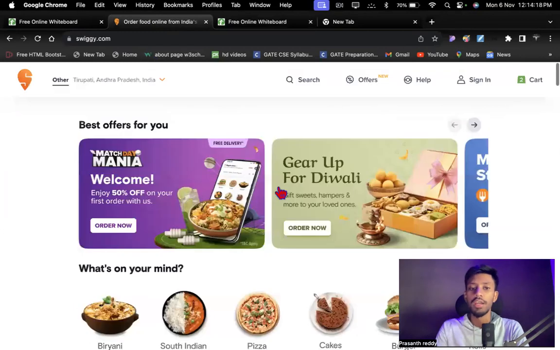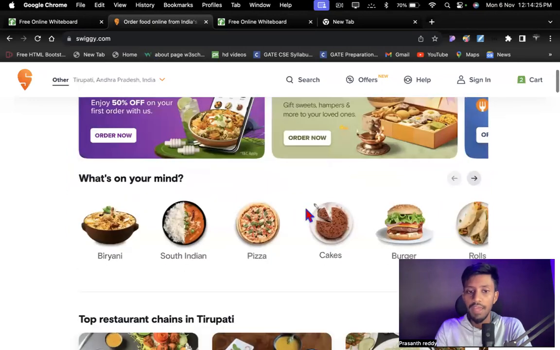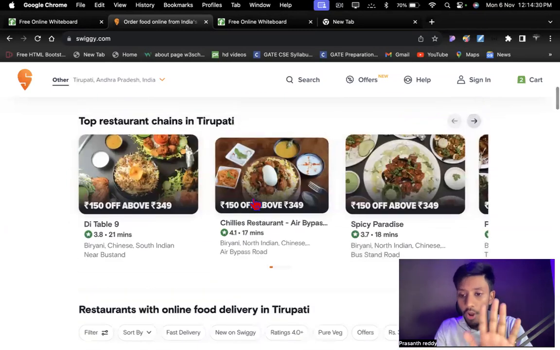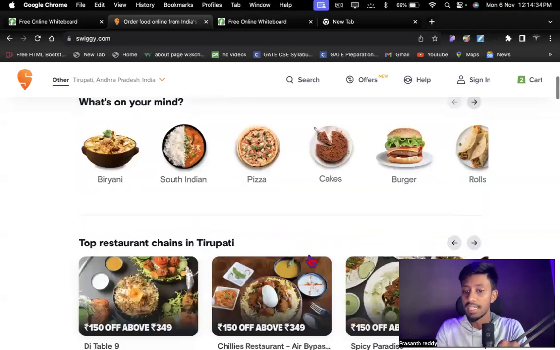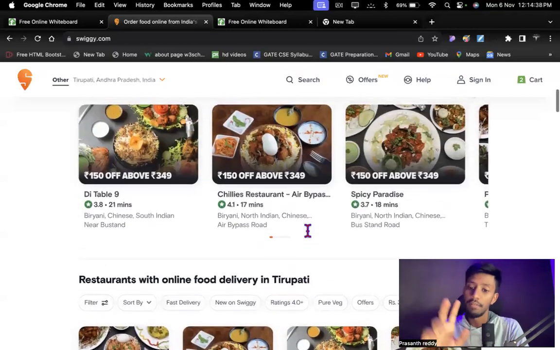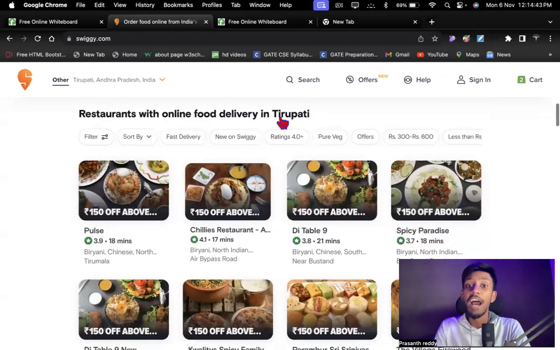Now just go here. Inside the body, we have this scroller, this scroller, this scroller, and this one, guys. Currently, as of now, I'm not building these things. We'll build this part, then we'll talk about the rest later. Definitely we will build it, don't worry. First of all, let's build the navbar.